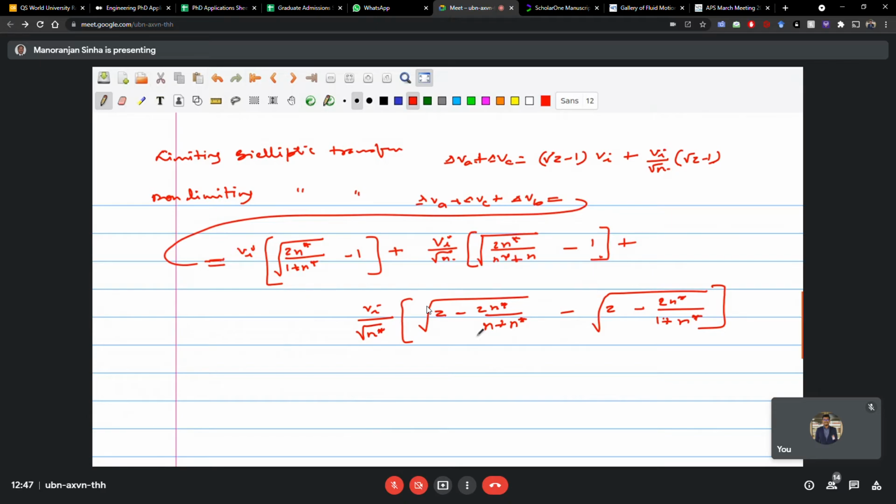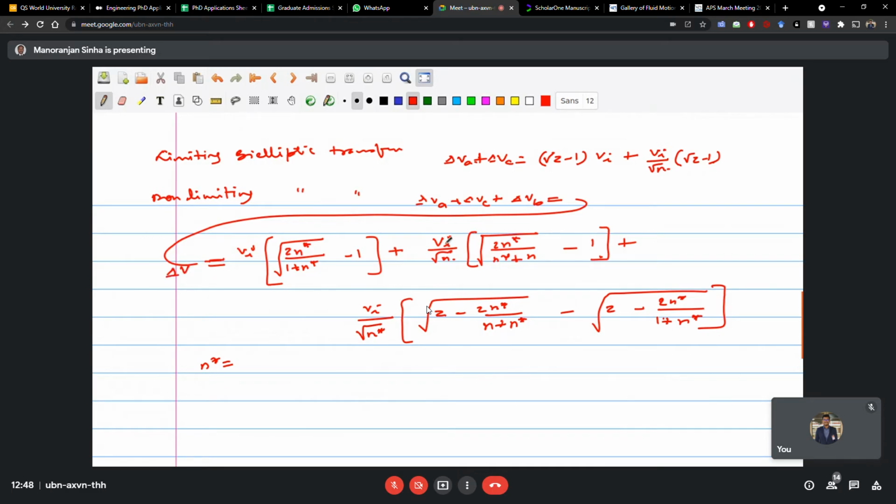So if you work with this, give different values to n and n star and then plot it. What you need to do is fix n star to a certain value and then vary n from, say, 1 to a large value, and see what value comes. n should not be equal to 1, because then the initial and the final orbit will be the same. You can always change it. So by changing you can check how much delta V is required.